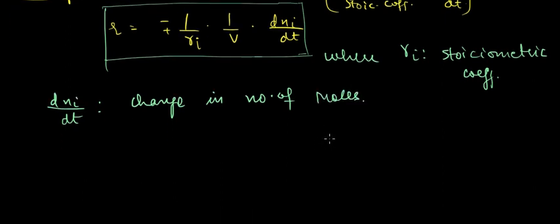So now we can say that if volume is constant, then we can write that